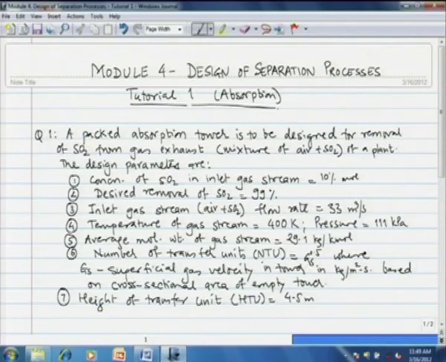Welcome. Today we shall have the first tutorial of module 4, that is design of separation processes. In the theory lectures we have seen various kinds of separation processes applied in the chemical industry: distillation, absorption, adsorption, crystallization, liquid-liquid extraction, membrane processes, etc. We also saw under what criteria processes are selected, and now in the tutorial we shall see some problems based